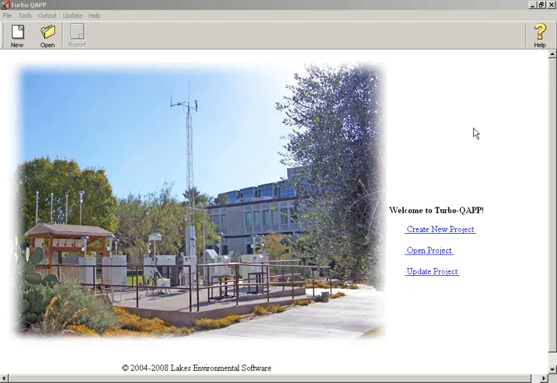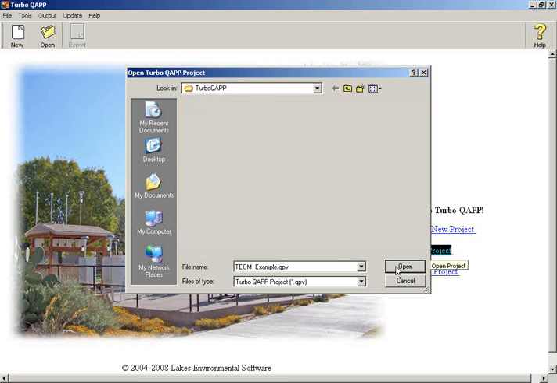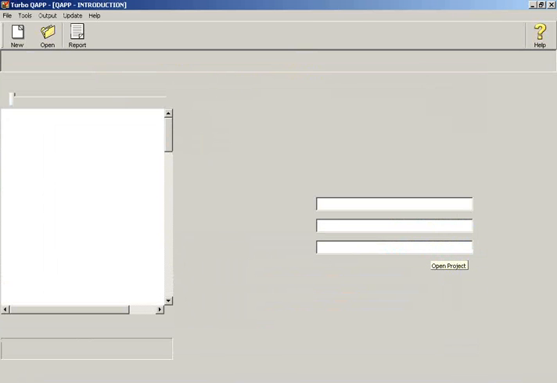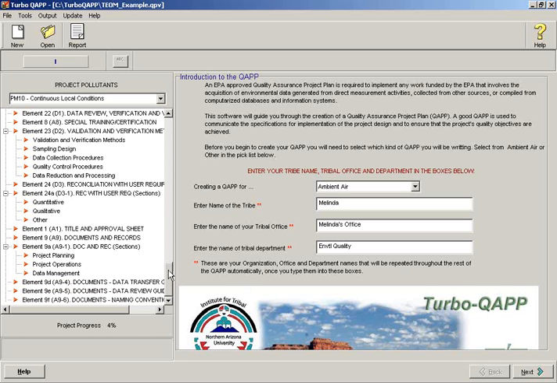Okay, so now we have started a TOM project to write a QAPP for PM10 monitoring. So now after lunch we open up turboQAPP again and we are going to open up that existing project. So we find that project, which I called TOM example, and I open it and it loads all the headers, most of which are blank, and any information I've entered,